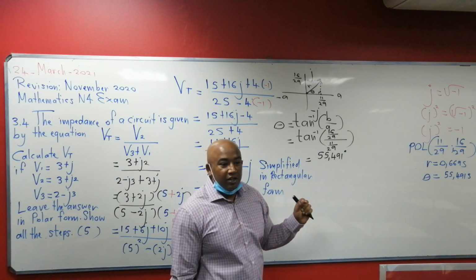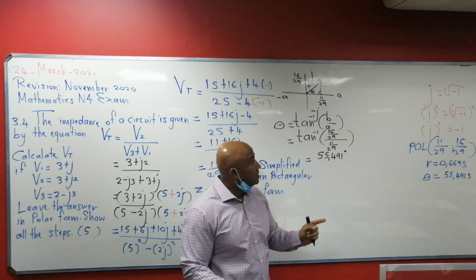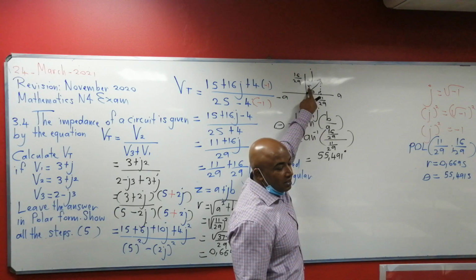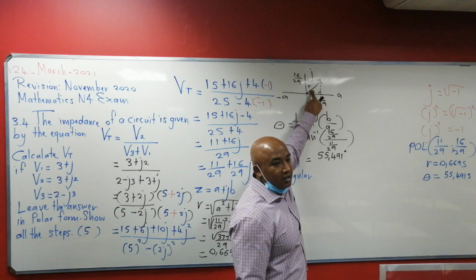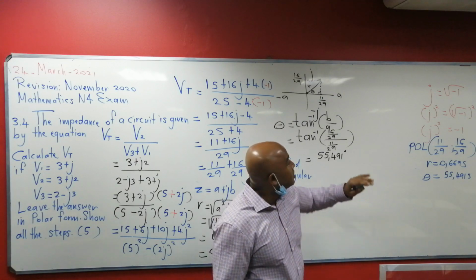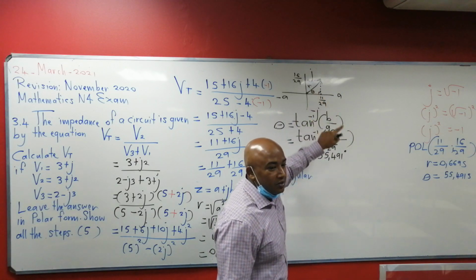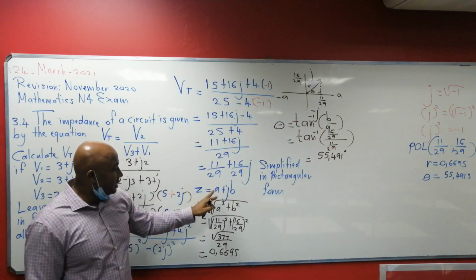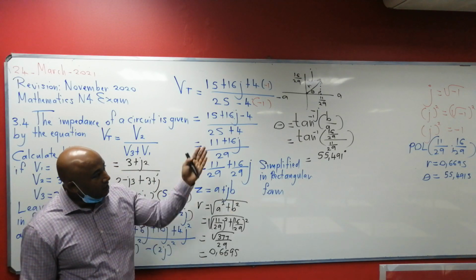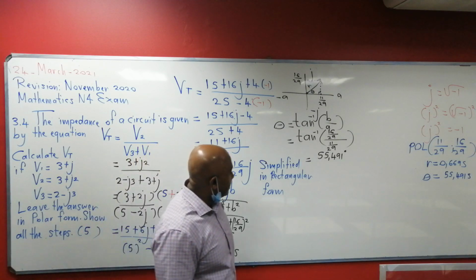If you are using sine and cos, that's opposite over hypotenuse. What did we just find here? We found the hypotenuse, which is r. And if your hypotenuse is wrong, that means your angle will be wrong. So that's why it is not advisable to use r. Use the values that were given to you, which is A and B, which is opposite and adjacent. That is a right angle triangle. Right, so therefore,